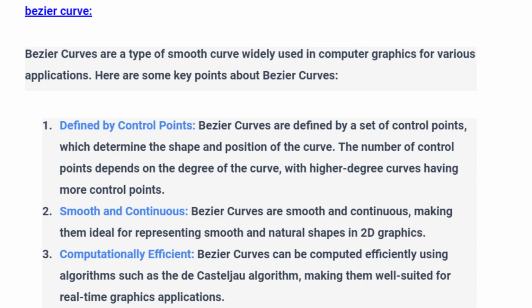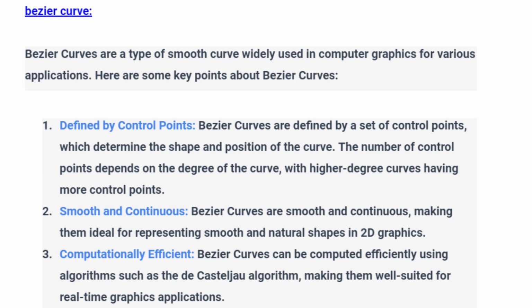Bezier curve. Bezier curves are a type of smooth curve widely used in computer graphics for various applications. Here are some key points about Bezier curves. Defined by control points: Bezier curves are defined by a set of control points which determine the shape and position